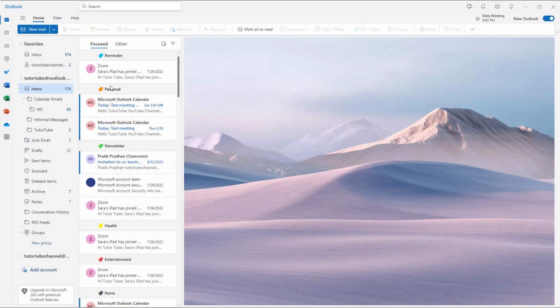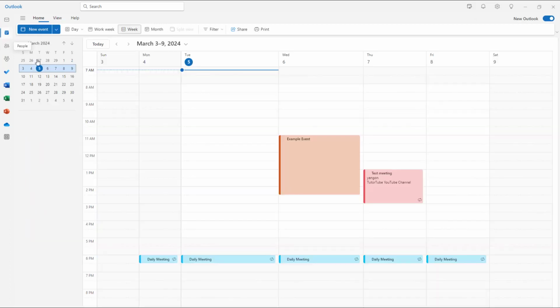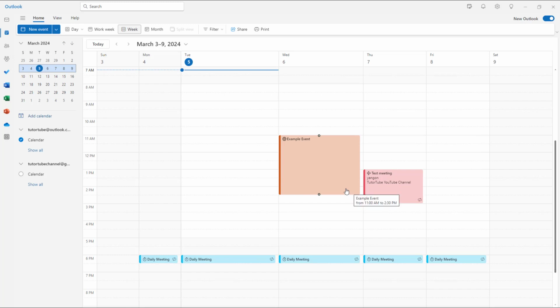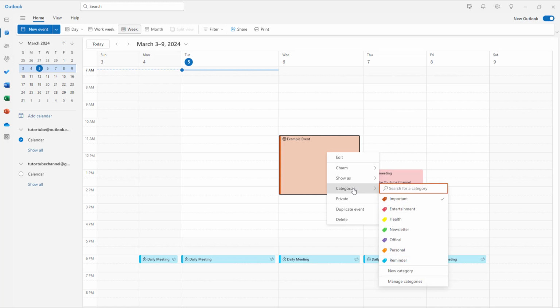So over here you can see that I got some categories right here, and if I were to go onto, let's say for example, calendar, then you can see that categories have been applied onto these events as well. But let's say you want to clear out the categories altogether. In that case, you can right click on any one of the events right here and then go to categories